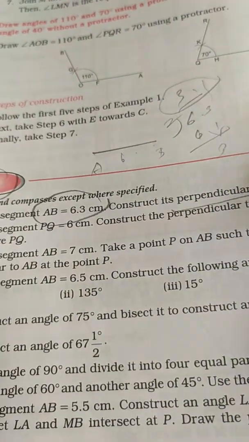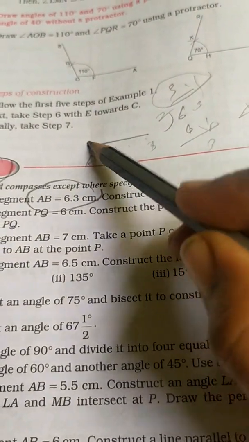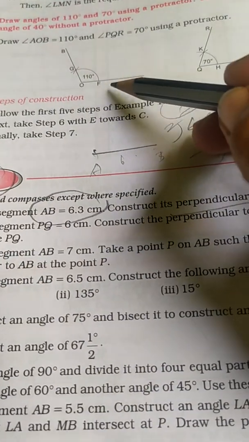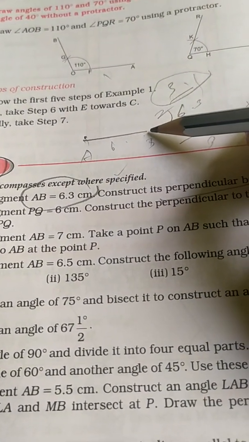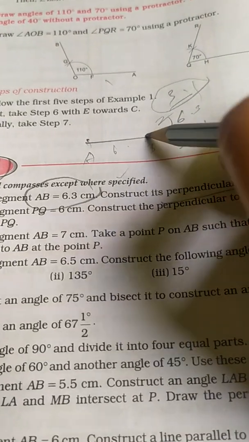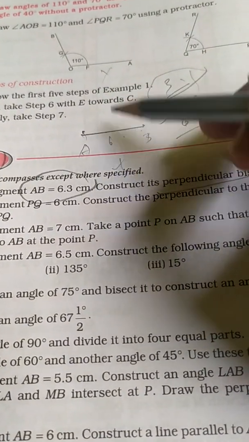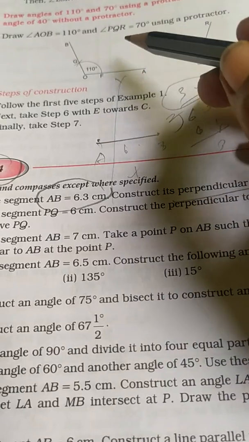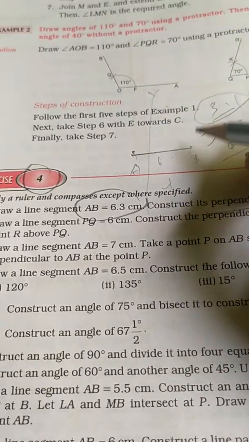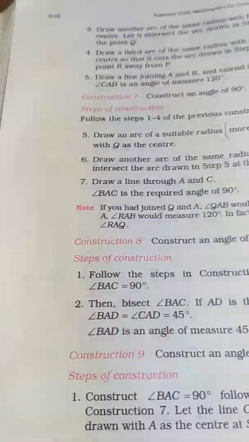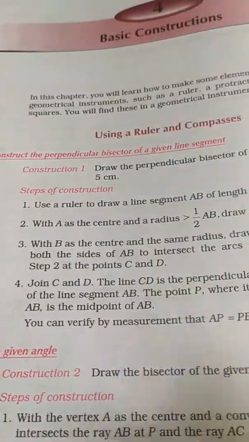After taking more than half, you are going to keep the compass at the line point A. You are going to cut one arc above and below the line segment. Similarly, without changing the radius, you are going to keep the compass at the other end and cut an arc above and below. Draw the line touching each of the arcs at the center and name it. This is how you draw a perpendicular bisector.